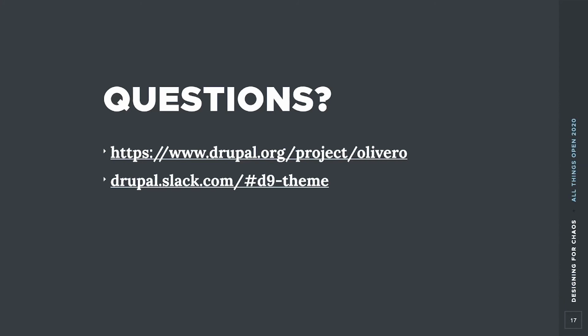So sub theming requires almost a stable markup. Right now we're in the process of changing our markup to fit proper BEM standards and things like that. That's one of the reasons it's not yet stable. As soon as we explicitly support sub theming, that means we can't change CSS class names in the DOM or anything like that, because it could break sub theme CSS. So we're going to hold that off as long as possible, but we're probably going to officially support it at some point. There's no reason you can't sub theme right now. It'll work exactly like you expect, but we might be changing around HTML.